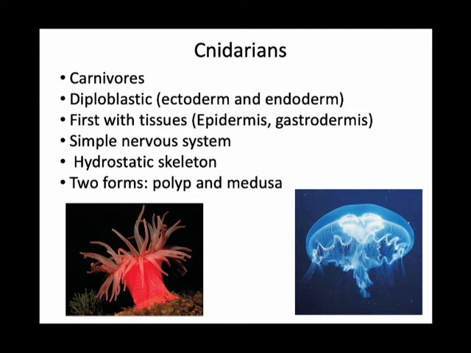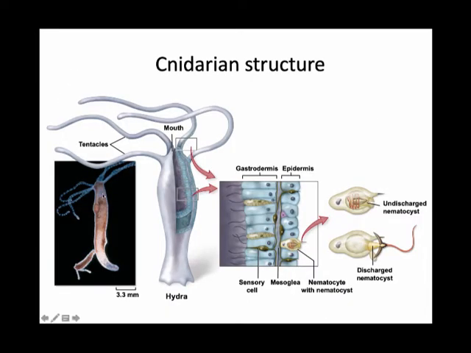The ability to digest food extracellularly was a key step in the evolution of animal diversity, because being able to digest food extracellularly means you can eat larger things, which means you can now eat prey, or other animals, not just small cells or dissolved organic molecules. Here we can see the structure of a typical anemone with the tentacles and the two layers of tissues. We have the gastrodermis, the innermost layer, which comes from the endoderm, and the epidermis, the surface tissue that comes from the ectoderm. Inside is the gastrovascular cavity, which is where digestion takes place.